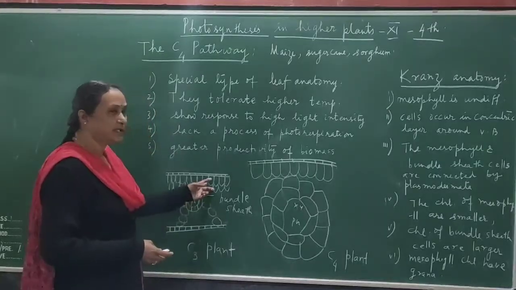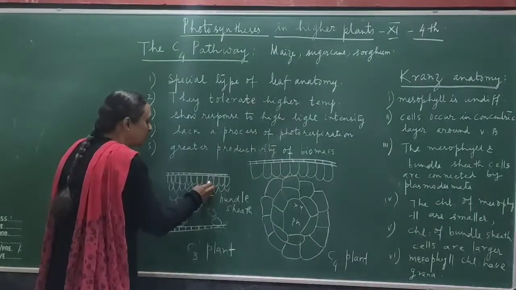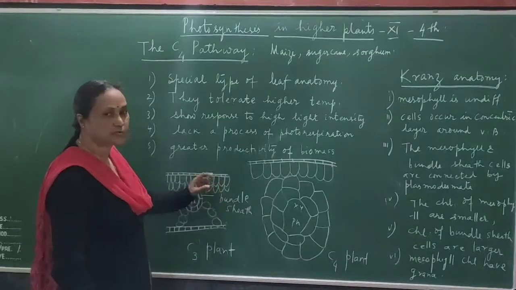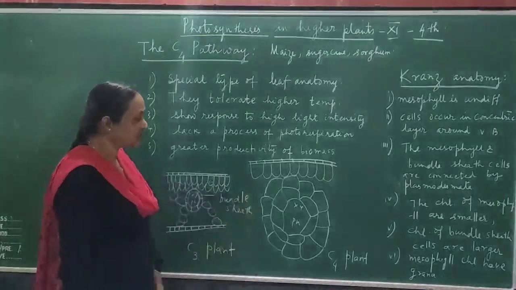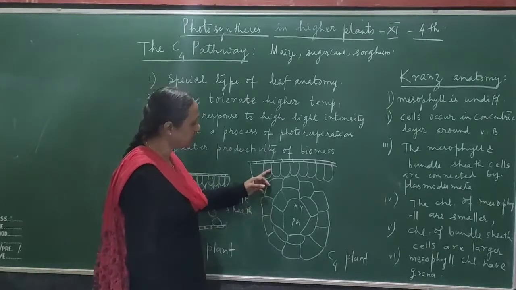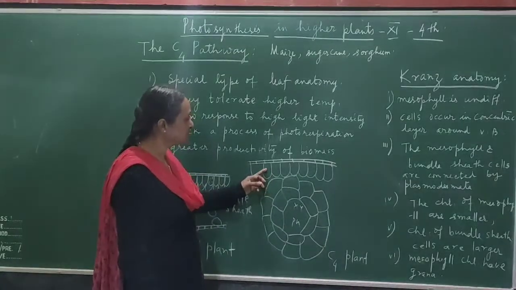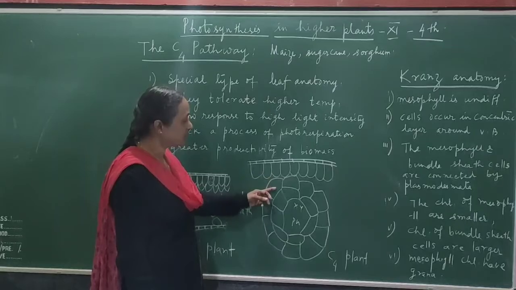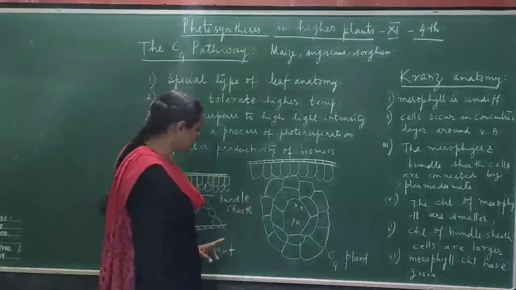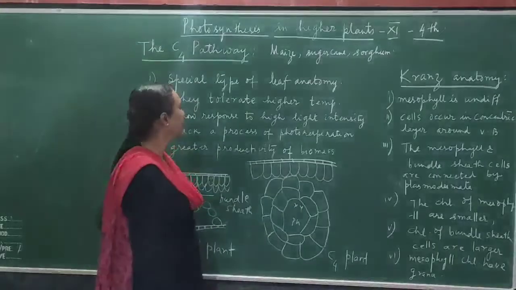Here the carbon dioxide fixation of the C3 cycle is operating in the mesophyll, because the mesophyll has chloroplasts. So the C3 cycle is operating in mesophyll. But here in the C4 plant, the C4 cycle is operating in the mesophyll as well as in the bundle sheath cells. So here the chloroplast is present in the mesophyll cells and it is also present in the bundle sheath cells. Okay, so that is the difference between C3 plant leaf anatomy and C4 plant leaf anatomy.